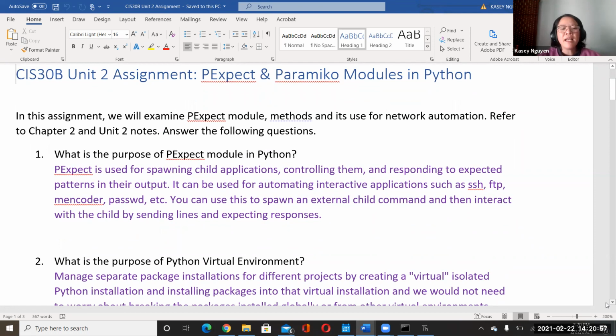I put down that it is used for spawning child applications, controlling them, and responding to the expected pattern in their output, okay?